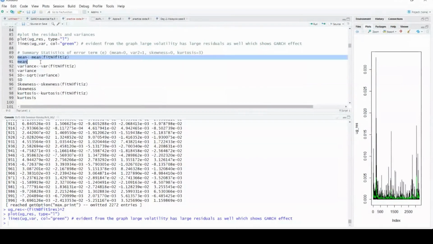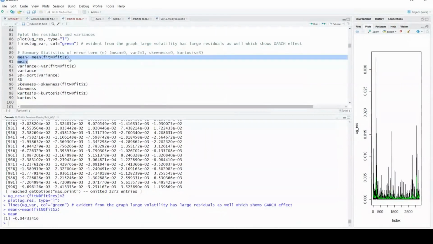So if I run this command, okay. By the way, you might have noticed there is a Z. Now you might get confused. What is this Z? The Z is nothing but the error term. Okay, so I want to see the error term. What is the mean of the error term? What is the variance of the error term? What is the standard deviation? And what is the skewness of the error term?